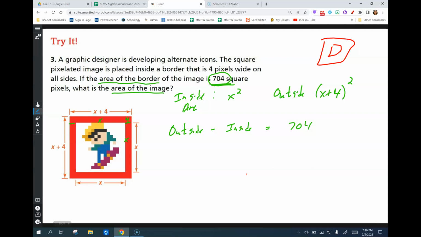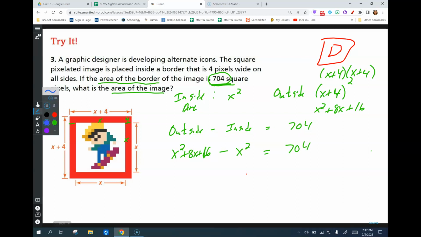Okay, so the outside is x plus 4, and if we want to, we can just multiply that right up here. We can use the shortcut, or again, you can write it out twice. It does not matter which one you use. No matter what you do, if I do the shortcut, I'm going to talk you through it again. Square the first term. Take the first term times the second term times 2, and square the last term. So we're going to take that outside part, x squared plus 8x plus 16. We're going to subtract the inside part, which is x squared, and that's going to be 704. Now, the only way we can actually do this is because our squared terms will cancel out. So we get 8x plus 16 is equal to 704, and now we're going to subtract